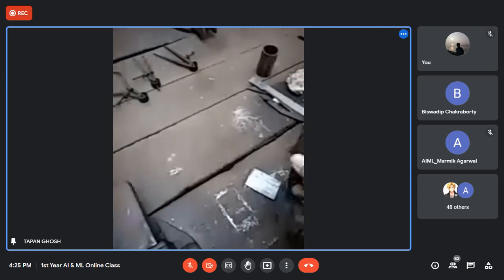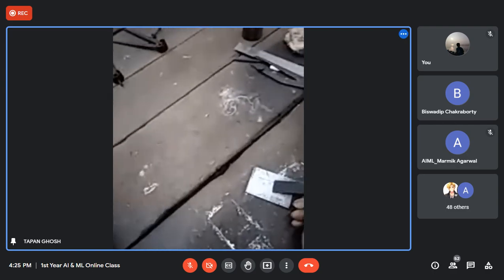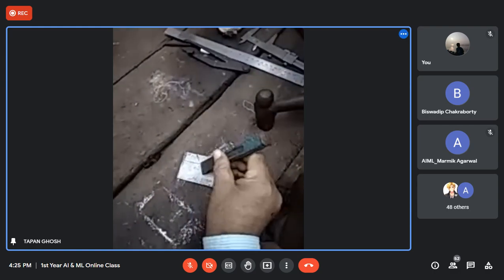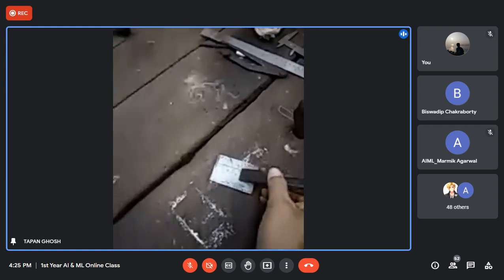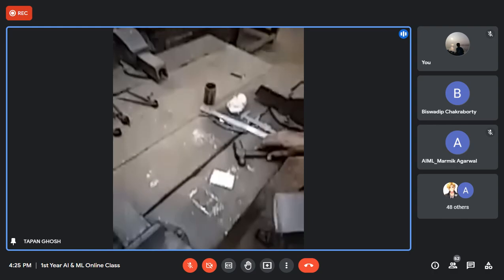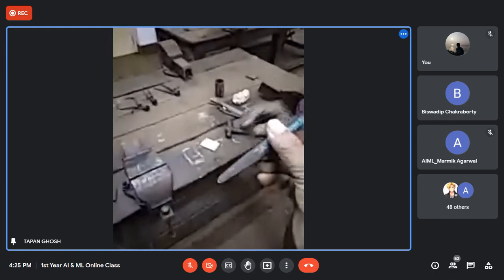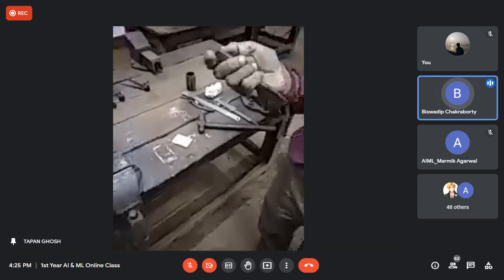Clear? You have to hold it at a certain angle and hit it with the hammer here. Clear? And remove the material this way. So the fitting shop does not use any chisel, I mean, not in your case.